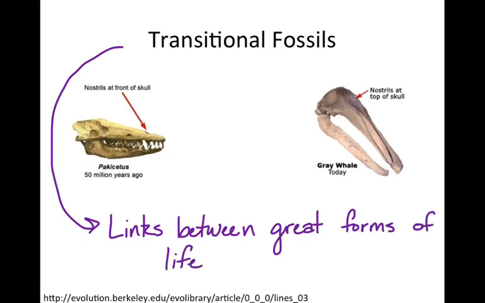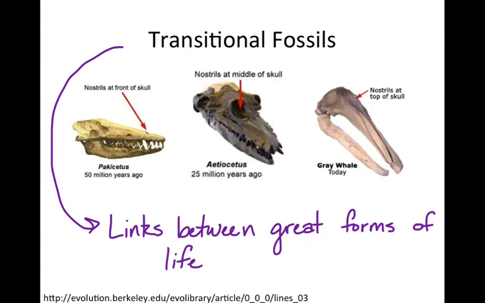So we're often seeking out these forms in rocks of a certain age because they mark a period between two forms. So we had evidence that suggested that modern whales were related to land mammals, but you can see in the picture that the nostril positioning didn't match, and so that indicated that there might be a transitional form with an intermediate nostril position. And so sure enough, we did find one,